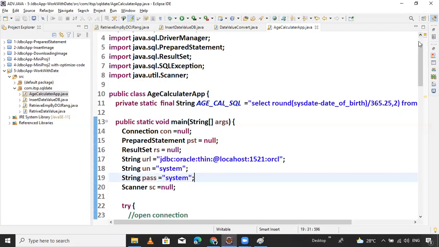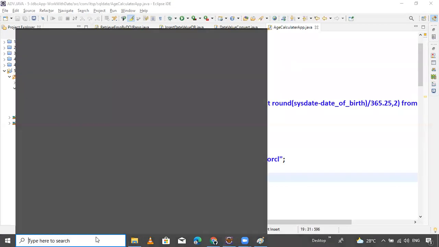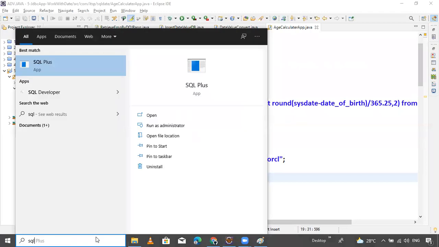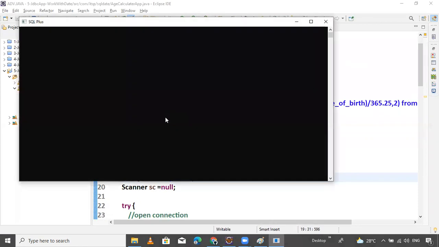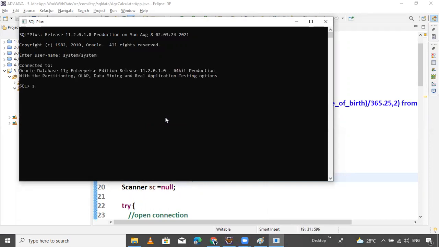SQL. This one should be open. Okay. System, select star from employee.